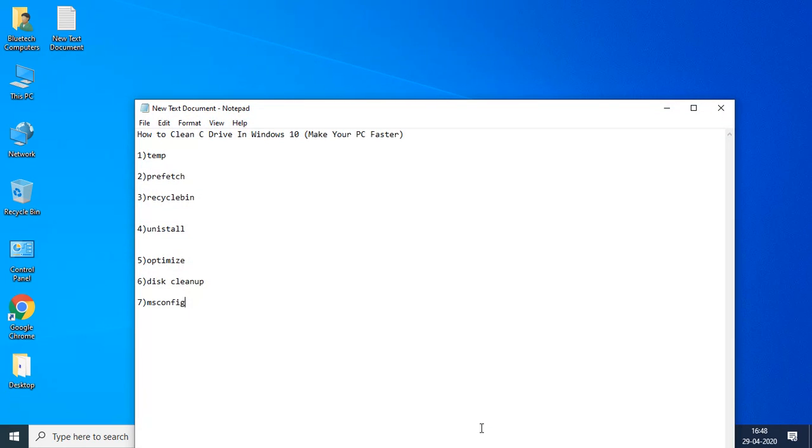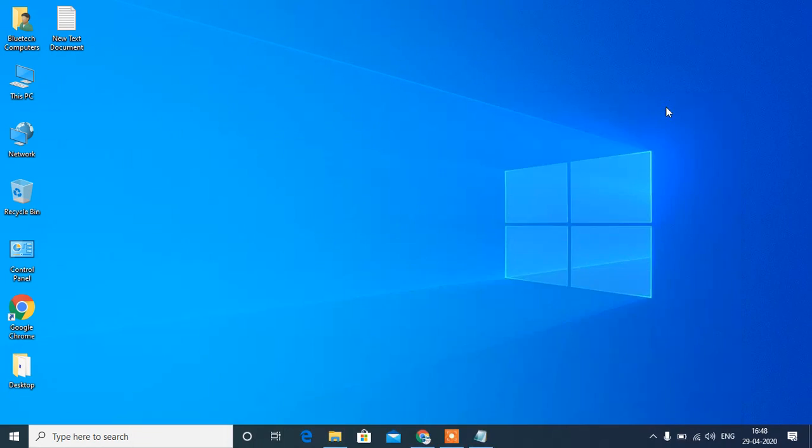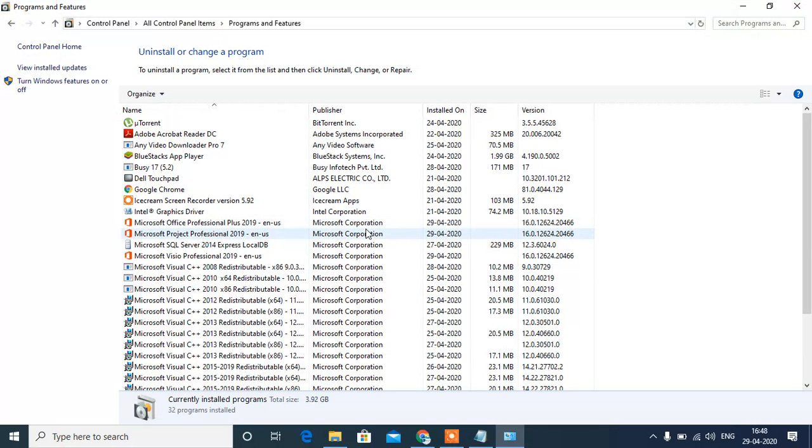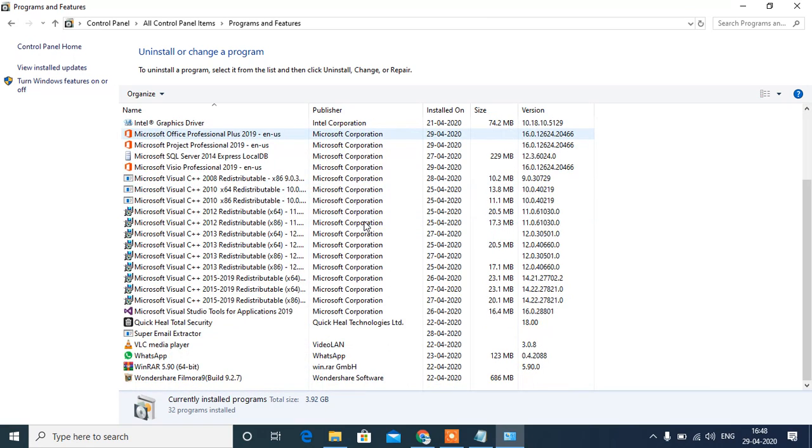Now go to uninstall. Unwanted software which you don't want, go to Control Panel, Programs and Features. From here, whichever software you don't want to use, unnecessary, remove that software.